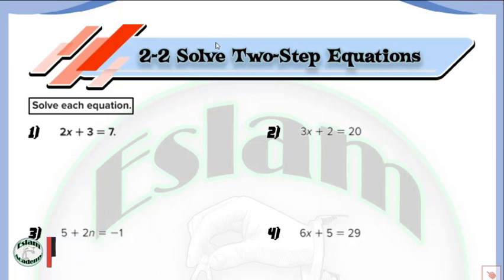At the first, what is the meaning of the equation? Equation is the equality of two terms. The left-hand side is equal to the right-hand side. Solving the equation means finding the value of the variable which makes the left-hand side equal to the